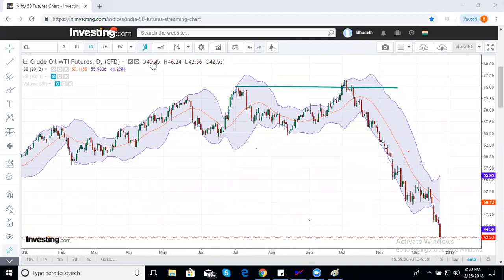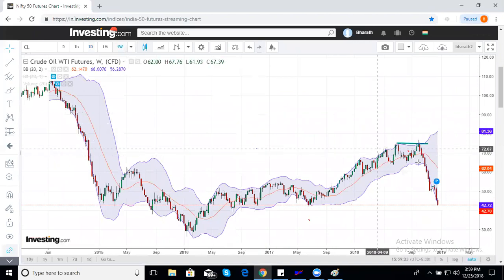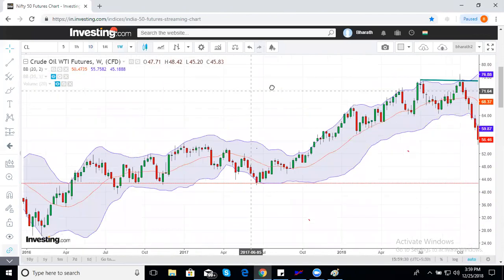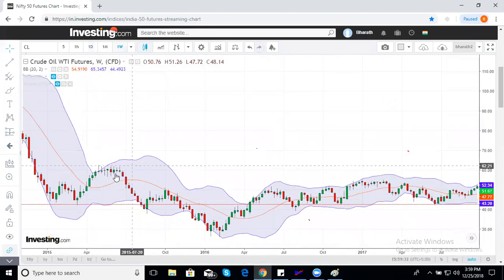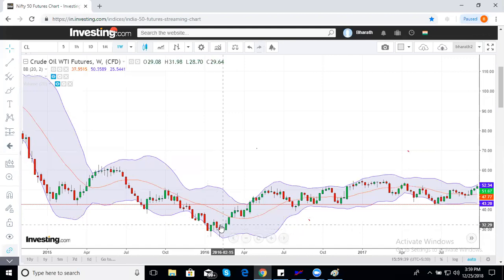Would you mind? And crude made a top. There's an outside inside. And crude made a bottom somewhere in 2016 Jan Feb based on the same outside inside. See this? Market was falling. Look at the price closing outside the middle band, outside the lower band, goes out, comes back. This time market doesn't have the power to close outside the lower band. Outside inside, W bottom. This was the bottom at $31.